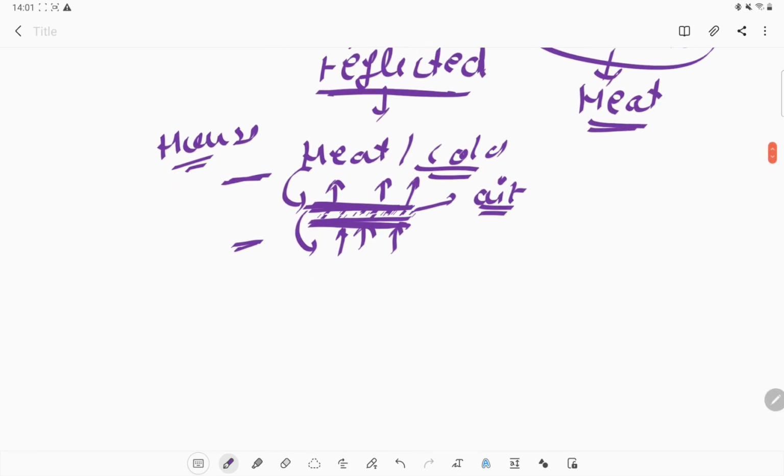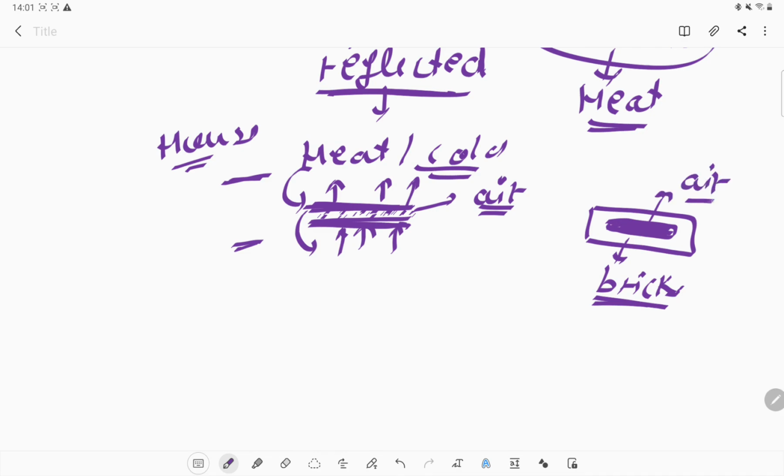Okay, so nowadays there is something new happening, like there are hollow bricks. So in construction, we can use hollow bricks. And what is a hollow brick? It has air, and that air will protect against the transfer of heat to the surroundings. So it will keep our house cool in the summer season and warm in the winter season.